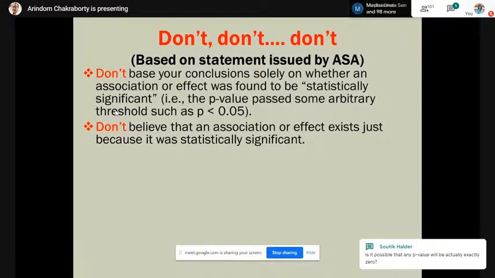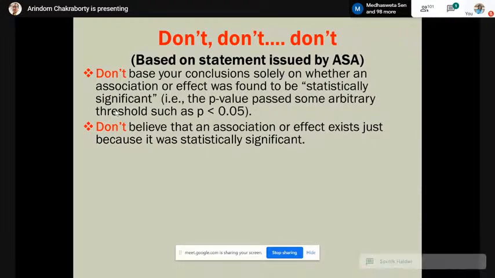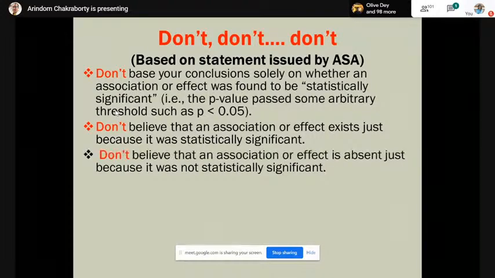Don't believe that an association or effect exists just because it was statistically significant. Suppose your p-value is 0.03, you are happy, and you are saying that an association exists because it is statistically significant. You have to do some more calculations, or give some more evidence to prove it. Only a p-value won't suffice. Don't believe that an association or effect is absent just because it was not statistically significant. That is another thing. Suppose you got a p-value of 0.07 and you were